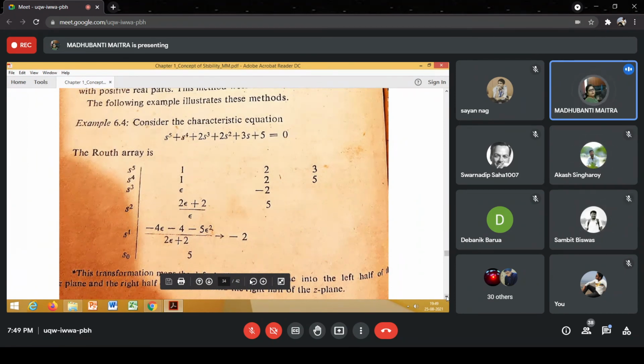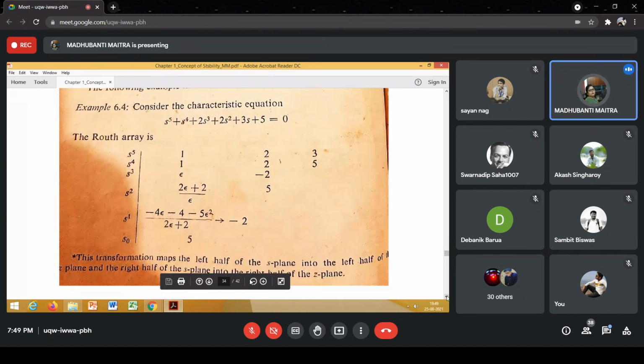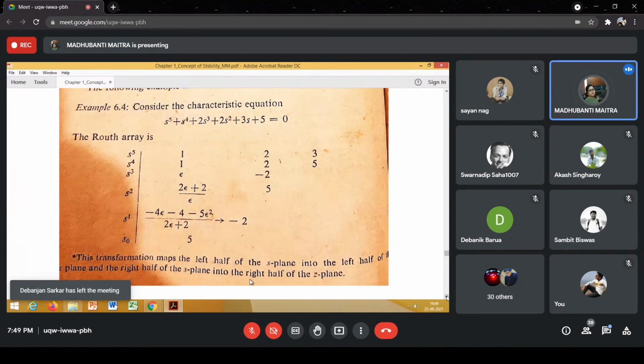So we have computed the Routh table and we have seen, as we expected, that some of the terms are functions of epsilon. Now, we are not really interested in the value of the elements appearing in the first column of the Routh array. Yes, we have to compute the terms correctly, otherwise the rest of the terms may be incorrect. But while applying Routh's stability criterion, we are actually interested in the signs of the terms appearing in the first column of the Routh array.